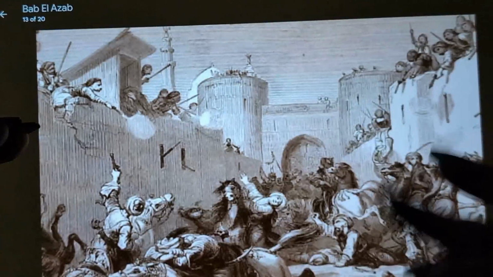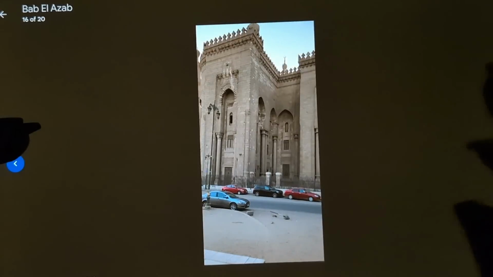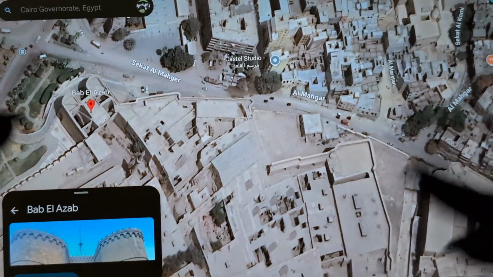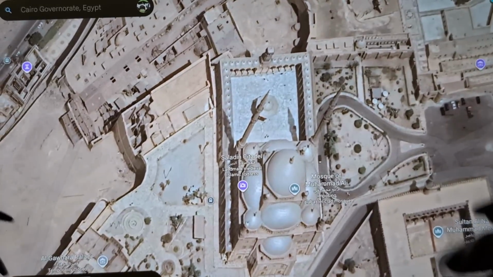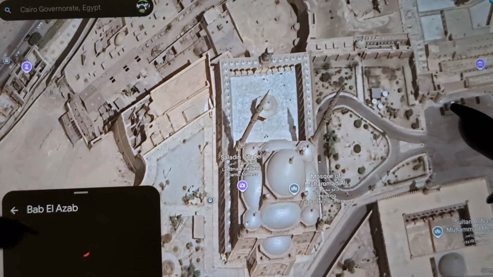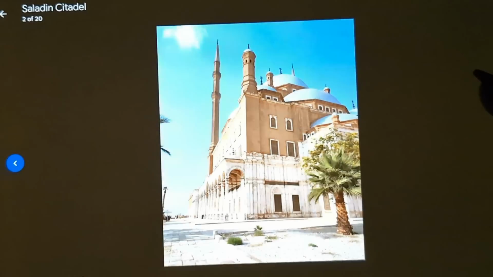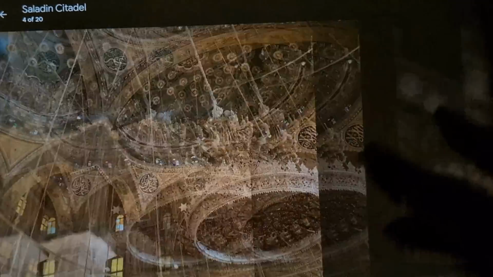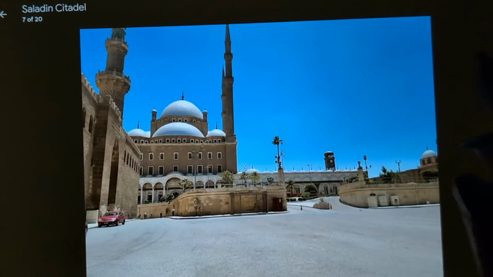With Saladin and all that. If you don't know who Saladin was, very important figure in the Middle Ages, I suppose. And this is what he left behind in Cairo, which is not in 3D. The Saladin Citadel. Big, beautiful, mainly mosque, but also palace. It was the government center for a long, long time.